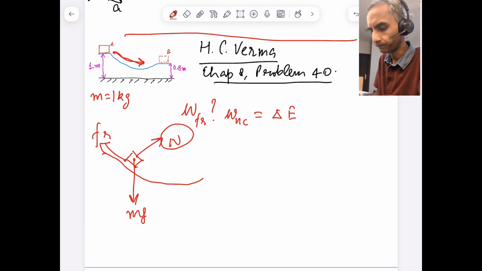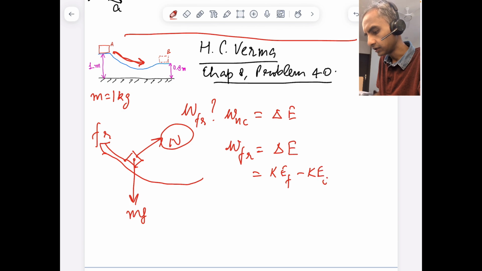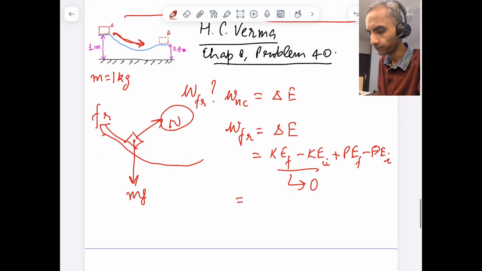So we have the work of the friction force is equal to the change in the mechanical energy of the system. So of course we have the condition that the initial and final position is zero. So therefore we have KE final minus KE initial plus PE final minus PE initial. Now this is zero of course because initial and final velocity is both zero. So finally we have